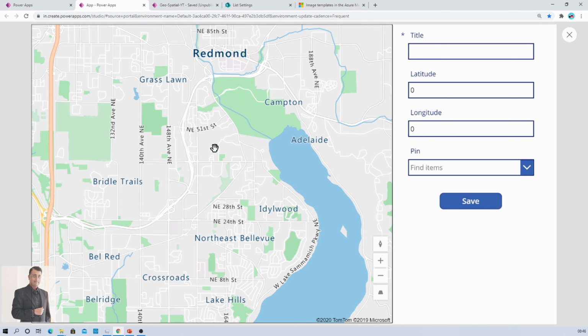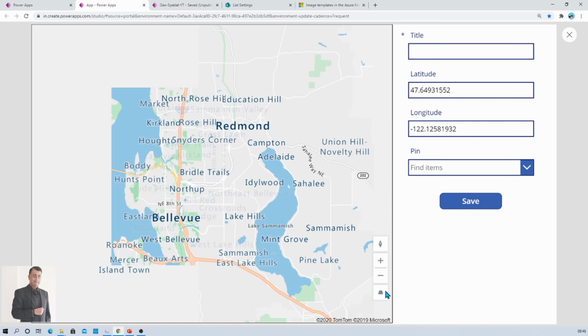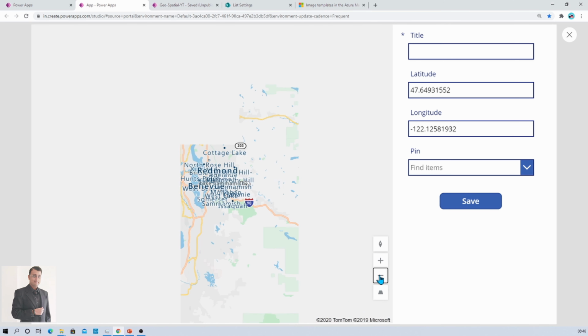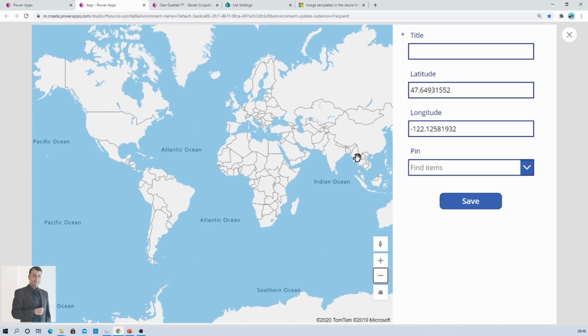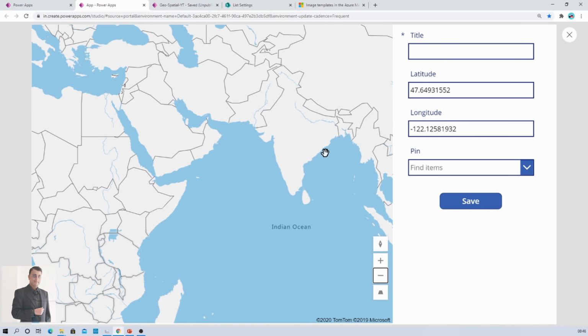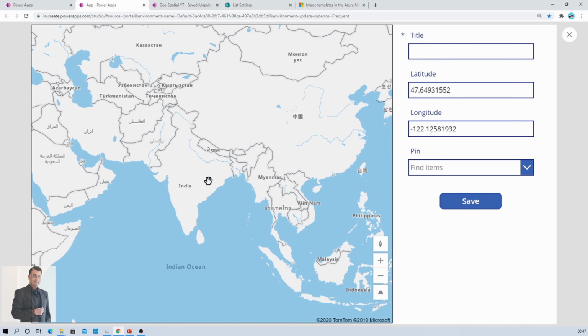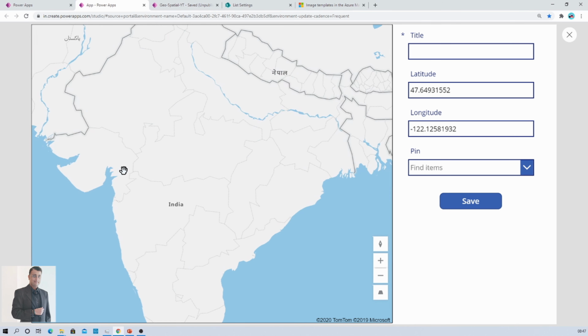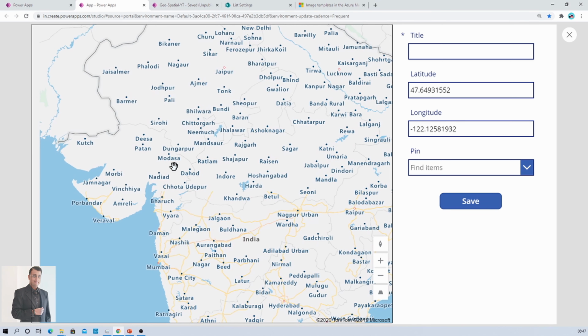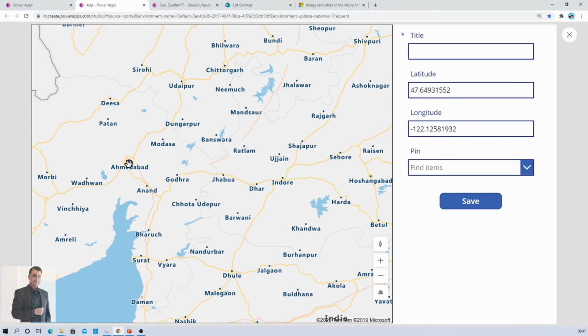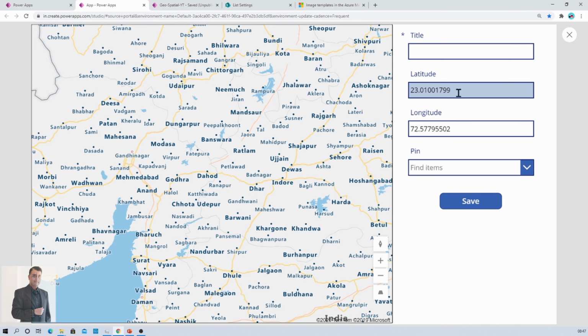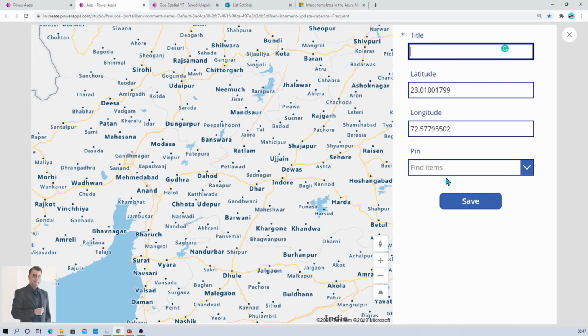So here let's say I'm clicking here, so whatever the latitude and longitude for this particular location, that is being displayed over here, right? Similarly, for example, I'm zooming out a little bit over here, and let's say I'm living in India, so I'm going over here to the India location, and let's say I zoom in a little bit and I'm living in Gujarat, Ahmedabad. So I'm zooming my location over here, and here is Ahmedabad, so I'm clicking here. That will add the latitude and longitude for the click, and based on that I provide additional information, select the pin, and save all the data over there, right?